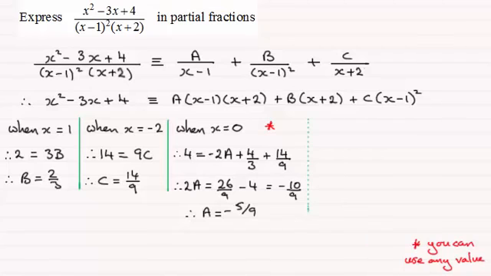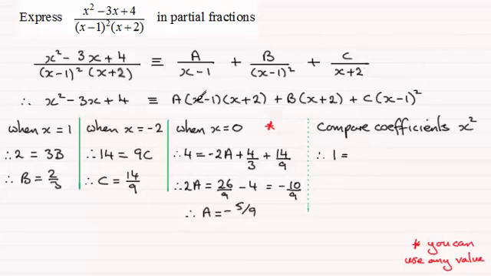It's by comparing coefficients. And by that, I'm going to compare coefficients of, say, x squared. In questions like this, it tends to pay off to compare coefficients of x squared. Remember, coefficients are the values in front of a particular value. So coefficient of x here would be the minus 3. The coefficient of x squared, though, here is 1. So if I do that, I'm going to have 1 on the left is going to be equal to,